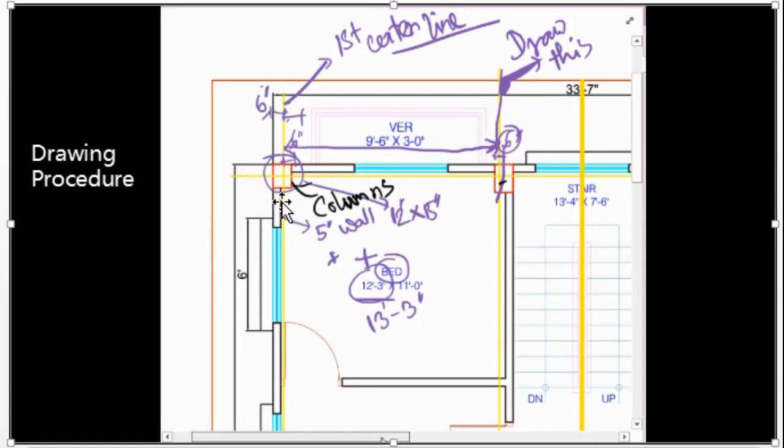So this yellow line is 1 inch from the 5 inch wall. So 1 inch you will have to subtract from 12 feet 3 inch, not as it is shown there, 13 feet 3 inch. Forget about this thing, just focus on this, that this line lies 12 feet 3 inch minus 1 inch, that is this line